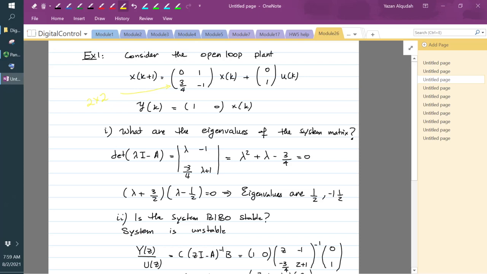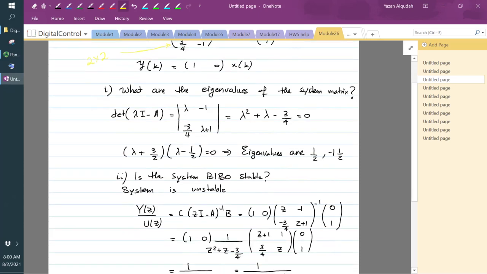If I look at the open loop and calculate the eigenvalues, the determinant of lambda I minus A is going to be [lambda, -1; -3/4, lambda plus 1]. We calculate the determinant, lambda squared plus lambda minus 3/4. If we solve this, we're going to find that we have eigenvalues that are 1/2 and negative